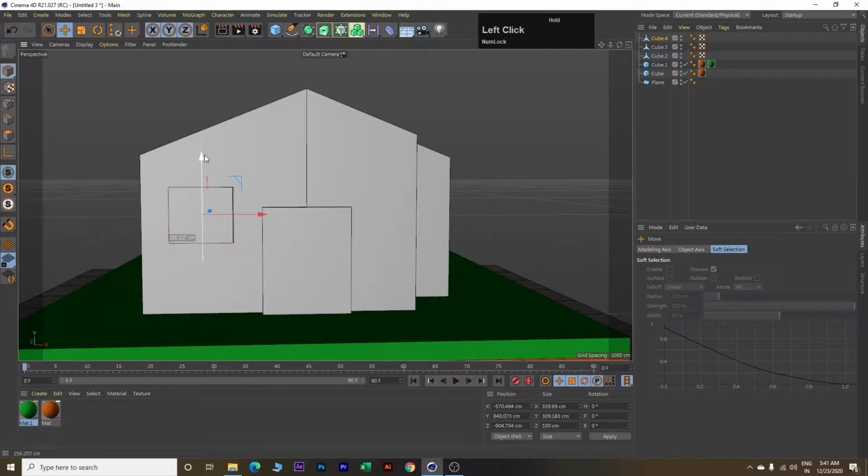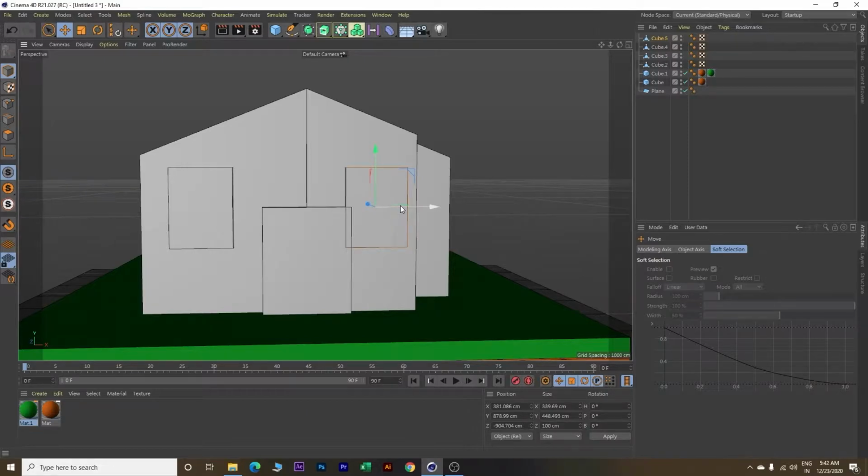Click E and move it upward, and this we will be making our window. Again resize, move it downward. Yes, this looks good. Let's make one more copy of this window. So again click and hold the Ctrl key on your keyboard and drag this cube by using any of these arrows. So there we have made one more copy.